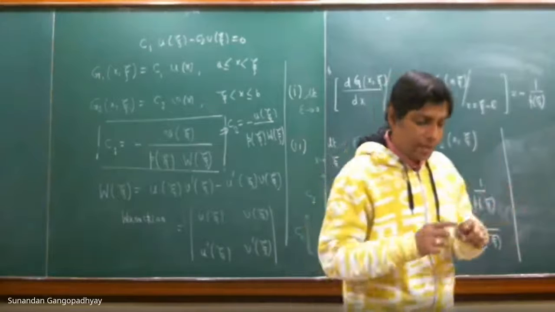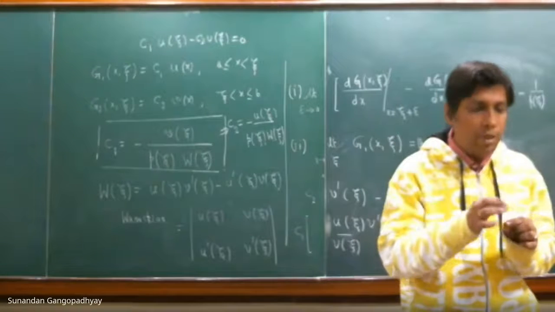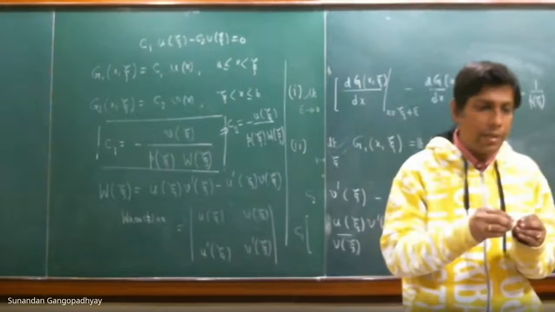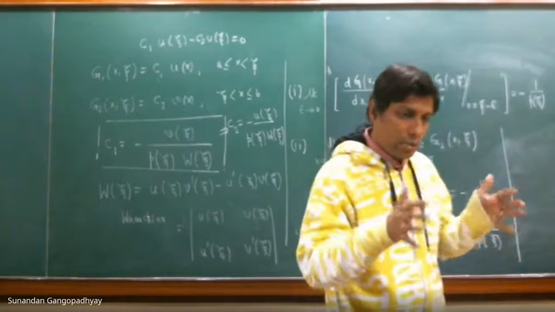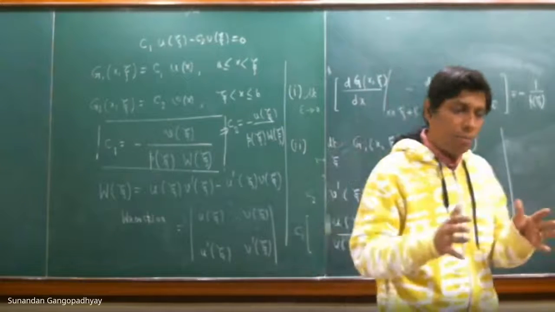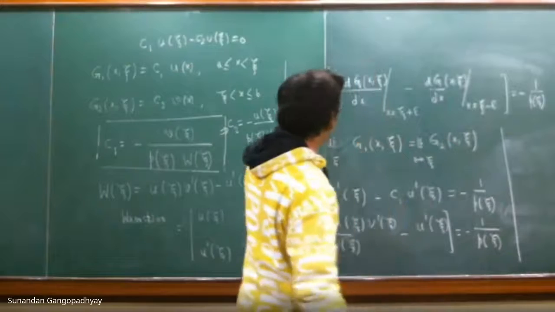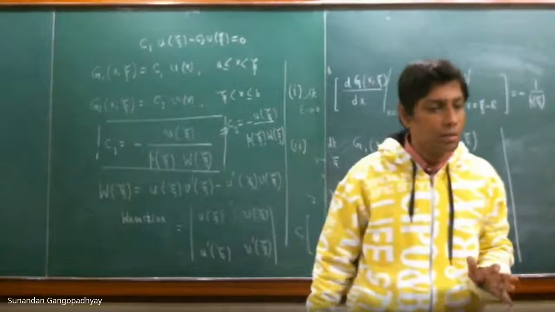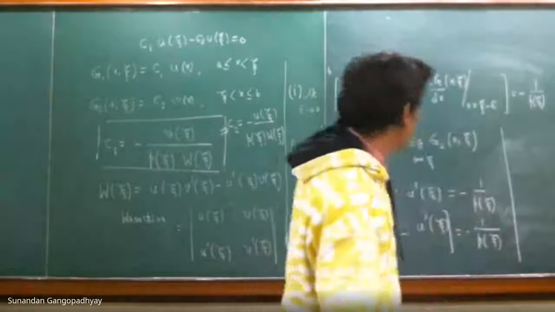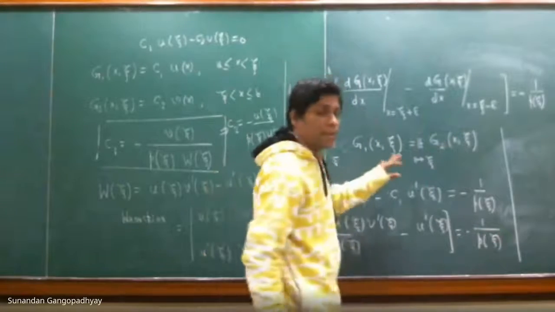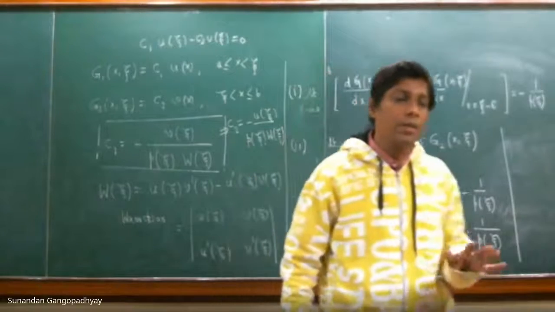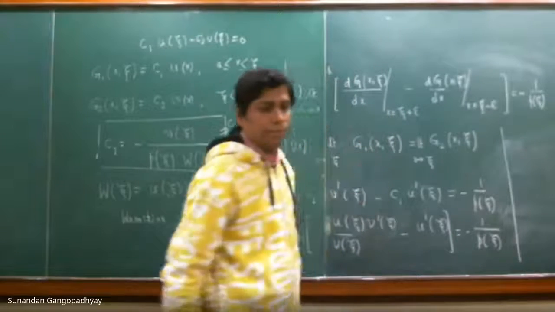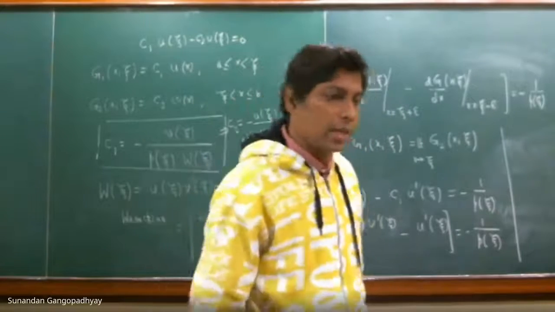Now if you integrate about this point xi, from a little bit to the left to a little bit to the right of this point xi, that equation for the Green's function with the Sturm-Liouville form of the operator, then you will get a condition like this, which says that the derivative of the Green's function is not continuous at x is equal to xi. But you require the Green's function itself must be continuous at x is equal to xi. So you have two conditions which the Green's function should satisfy.